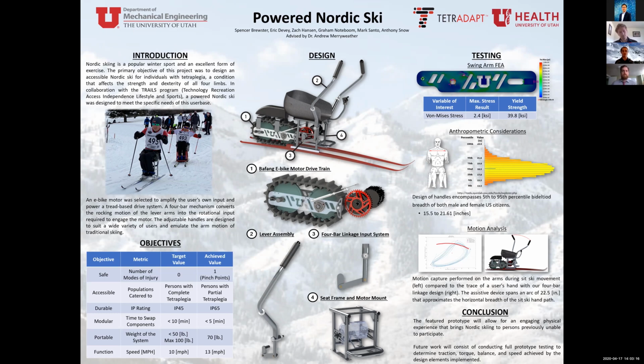As far as function goes, we wanted to make it at least 10 miles per hour. We weren't able to test it with the tread and a load on there, but our no-load test speed of the motor was 13 miles per hour. So we theorized that we will be able to achieve this 10 miles per